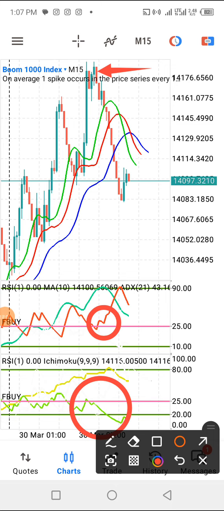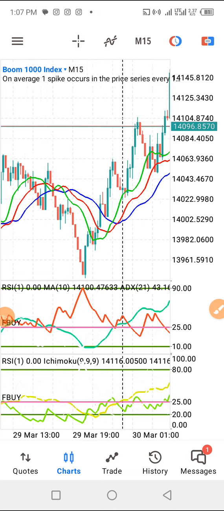So if you want to use it for scalping, then you can focus on the 15 minute, 5 minute, and probably 1 minute if it appears there. But if you want to take trades that will give you at least reasonable money, then you focus on probably 30 minutes, 1 hour, and above. Is that clear, guys? So now it's telling you that there is more pressure towards the downside than the upside, because the minus ADX is at the top, above level 25. So the moment it crosses below level 25, that means the pressure for sell is depreciating. Is that clear, guys? It implies that the pressure for sell is depreciating.